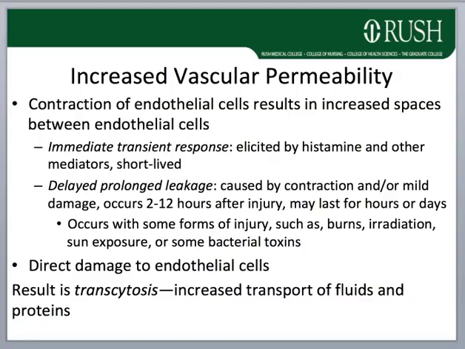Increased permeability of postcapillary venules is another hallmark of acute inflammation that allows increased transport of fluids and proteins, called transcytosis, through the endothelial cell barrier. Contraction of endothelial cells resulting in increased spaces between endothelial cells is the most common mechanism of vascular leakage. It's elicited by histamine and other chemical mediators. This is called the immediate transient response because it occurs rapidly after exposure to the mediator and usually is short-lived,